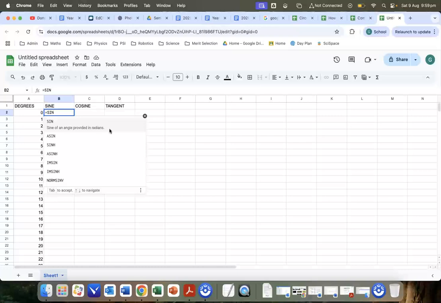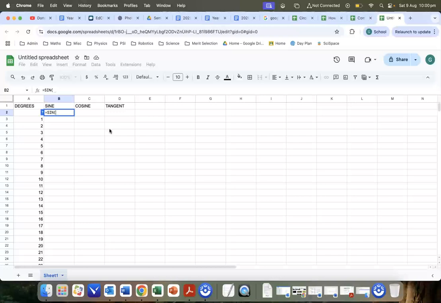But you do need to know that the spreadsheet expects the angle to be in radians when it calculates a sine or a cos or a tan. And if it's not, like we have here, where our angles are in regular old degrees, then you're going to get the wrong answer. So we have to do a little bracket, and before we calculate the sine, we have to convert our angle that's in degrees into radians so it makes sense to the sine function in Google Sheets. So it's just a matter of typing in the word radians,